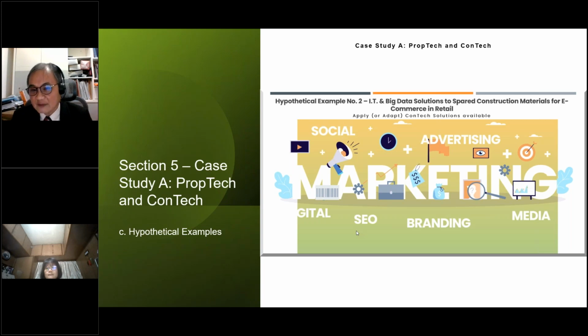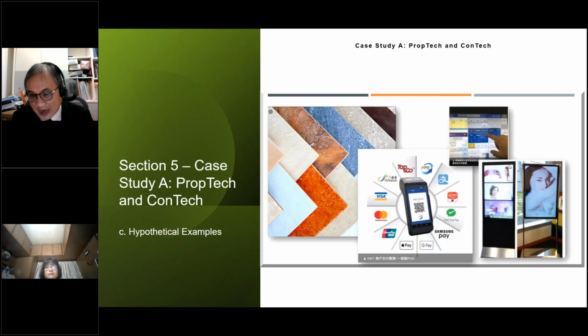We can develop a central IT and big data platform to coordinate these spare construction materials together and find ways to sell them or resell them in the market.